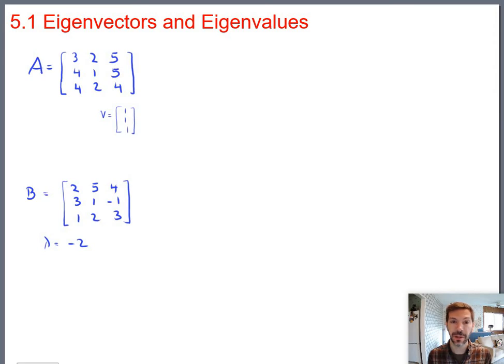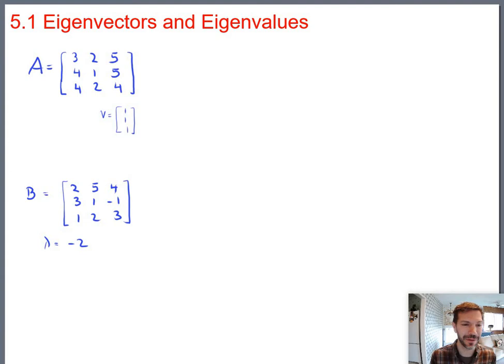All right, let's actually crunch some numbers. A good chunk of your homework is going to ask you to either start with an eigenvector and find the eigenvalue, or the other way around, start with the eigenvalue and find the eigenvector. So let's do one of each of those. We are graduating to 3 by 3 matrices here. So the first one, we've got a 3 by 3, and I'm claiming that 1, 1, 1 is an eigenvector